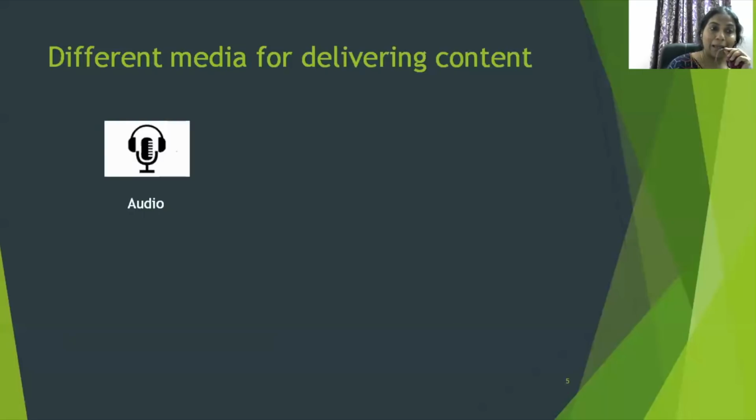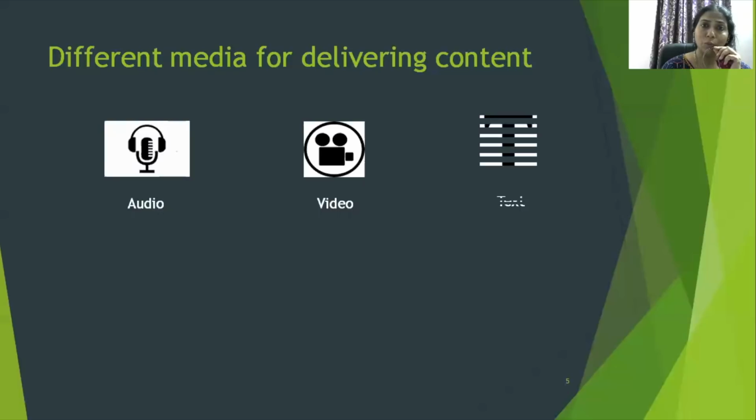Then, you may choose to record a video presentation to deliver your content. Videos are helpful to deliver both conceptual information and for demonstrations of mechanical procedures. They're richer than the audio narration as they can capture the textual matter through a presentation and also the facial expressions of the presenter as it is doing here. So it gives a near classroom experience.